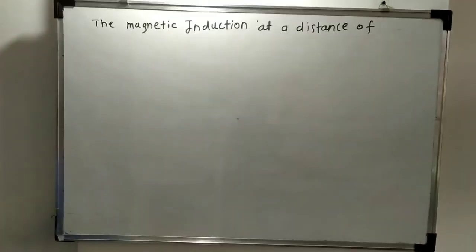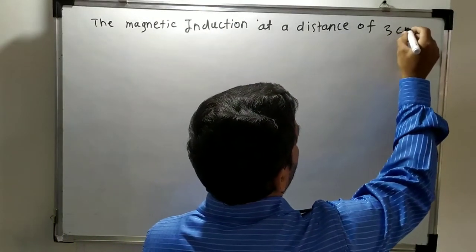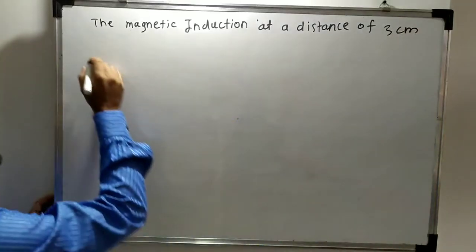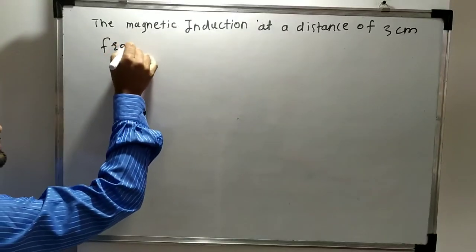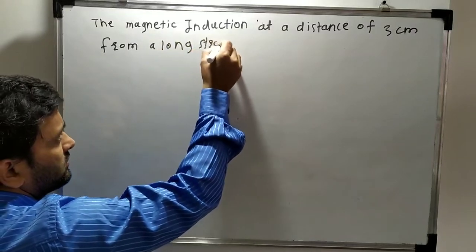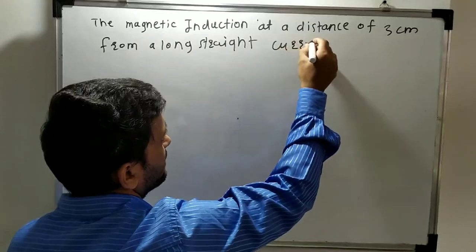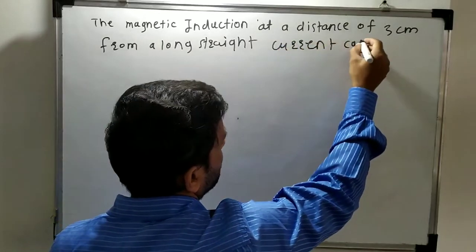The magnetic induction at a distance of 3 centimeter from a long straight current carrying conductor